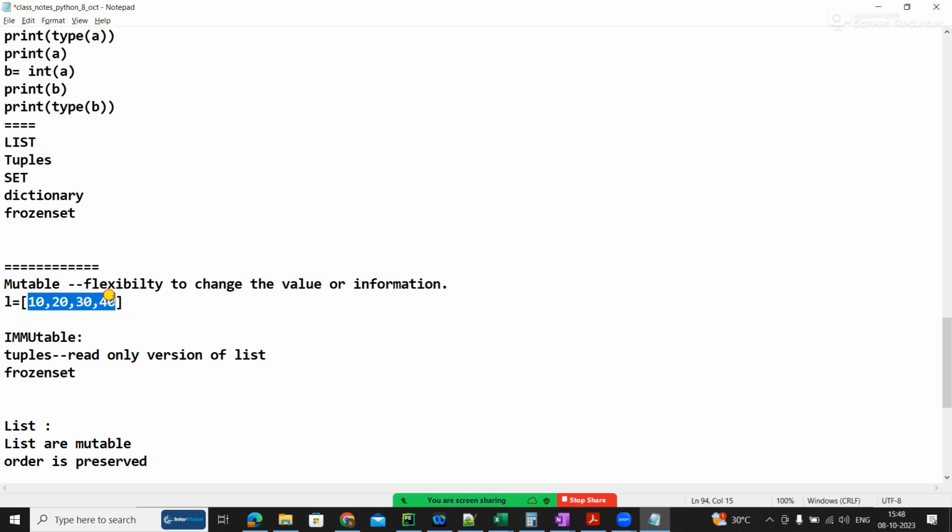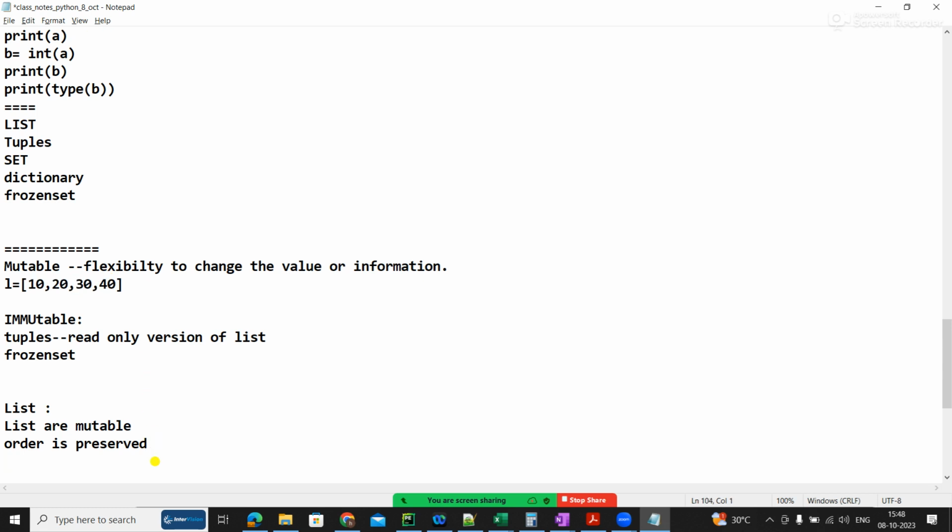Lists have order, lists are mutable, and also lists can be duplicated. That means you can have the same value like 10 again. Some of the things can't be duplicated. That's what we will discuss about all the differences.